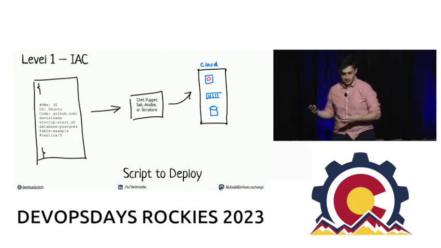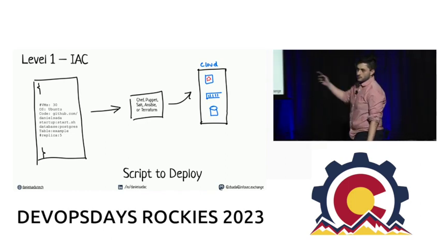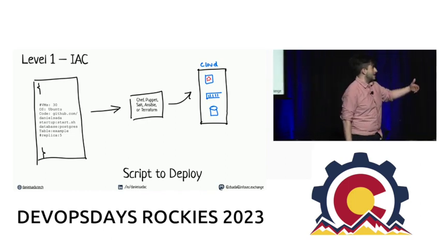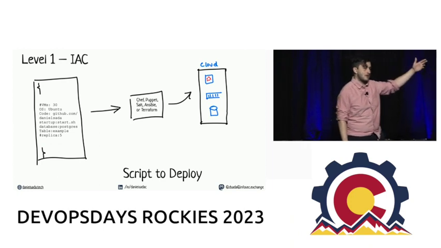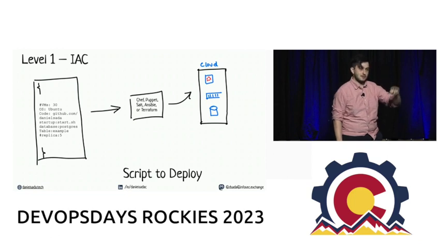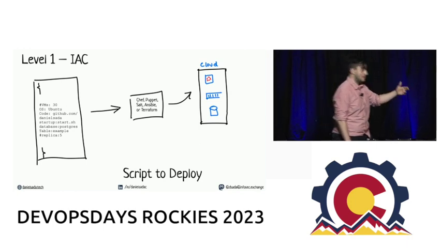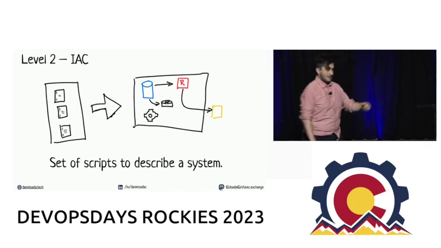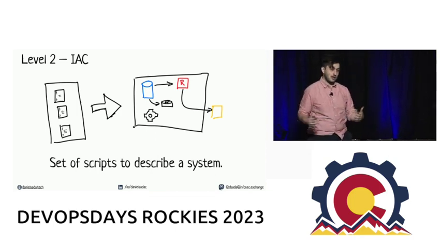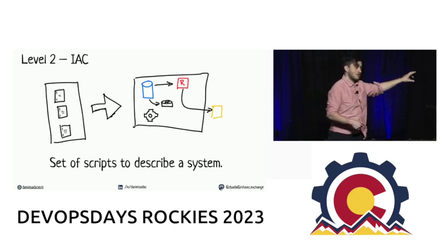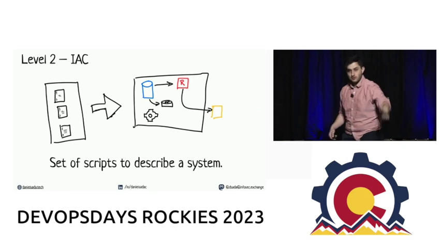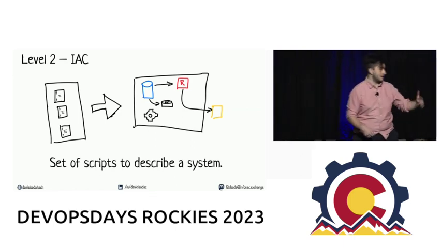So the first solution is to create a script that you pass through any kind of engine, and you create a cloud architecture. Right? So every time you want to deploy something, you have a given set of machines, a given set of instructions to generate a cloud environment. And that way, it's reliable. You can trust it. The second level is identifying all your network connections, ingress and egress points, and explaining how that would look so that you can always reproduce your deployment. You can always try it again and try it again.